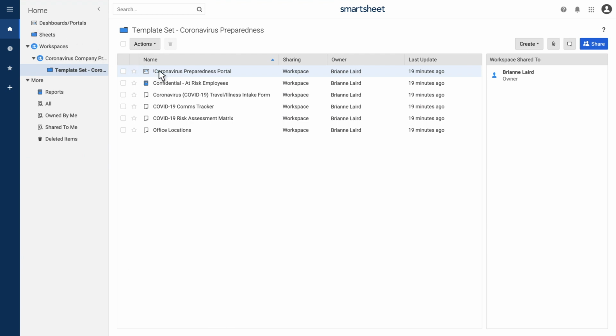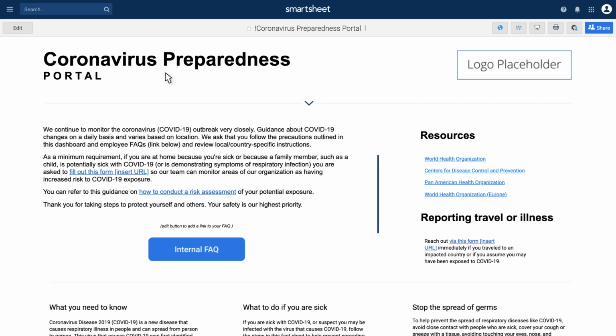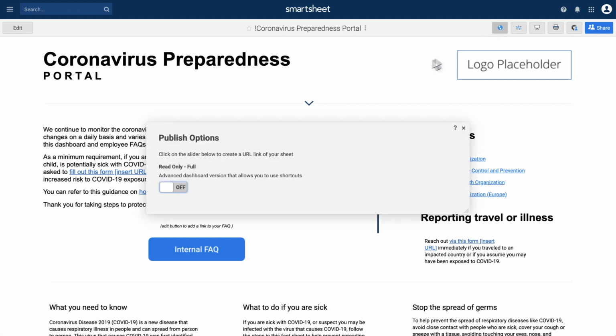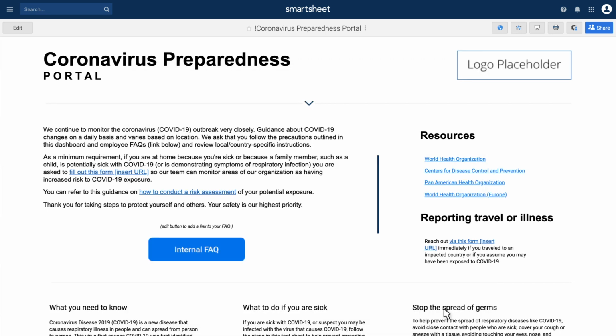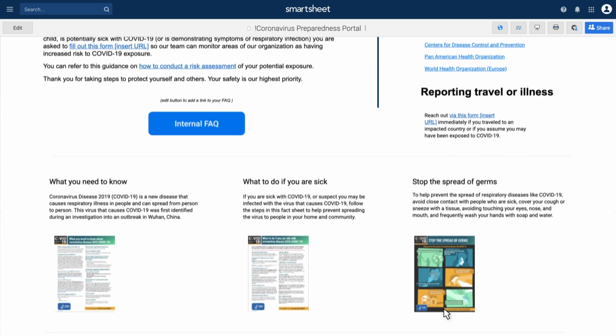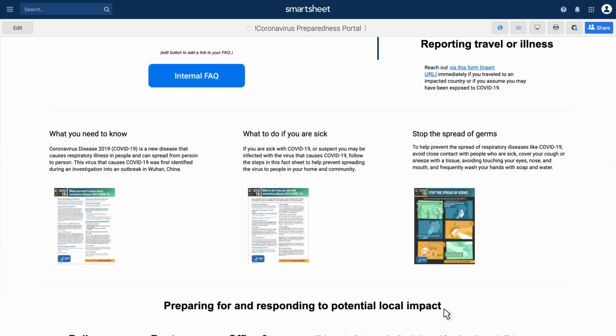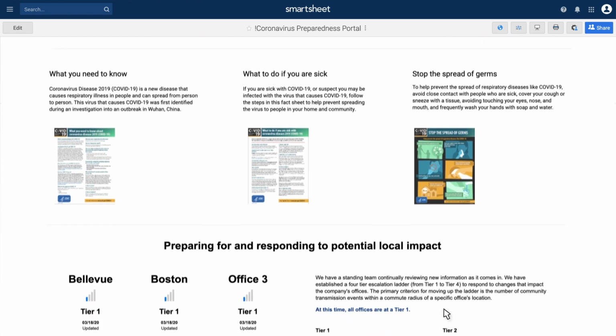The Coronavirus Preparedness portal is your single source of truth for communicating guidance and the status of coronavirus in your company across each of your offices, and as a mechanism for collecting employee feedback on their potential exposure. Remember, this portal can and should be published and shared across your entire organization just to make sure people have access. The portal fosters communication and transparency by clearly communicating and encouraging employees to submit feedback. If they have traveled or felt ill, it links to the CDC documentation online and assigns a definition to the